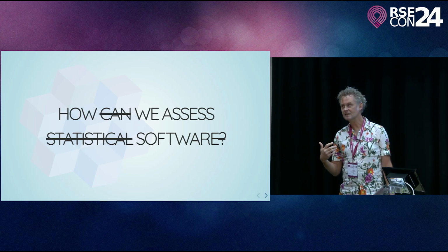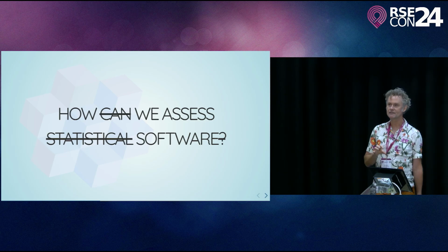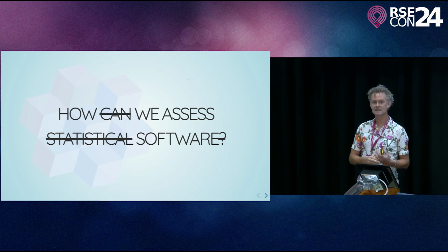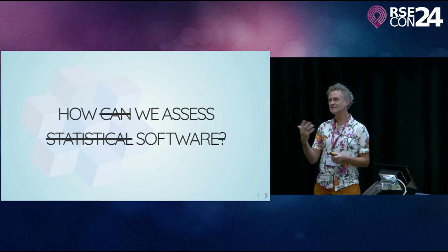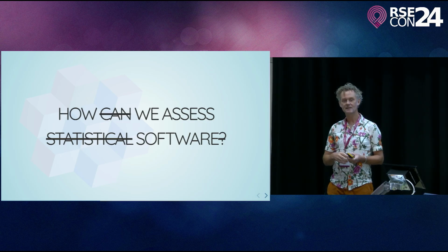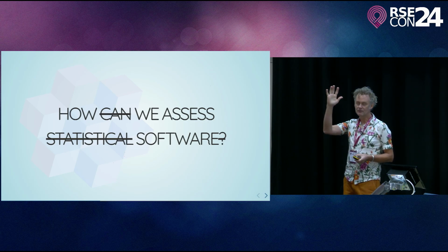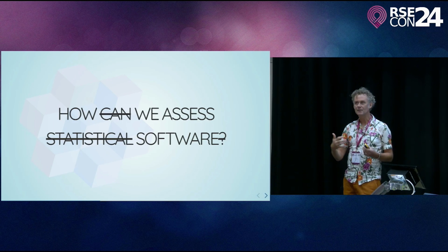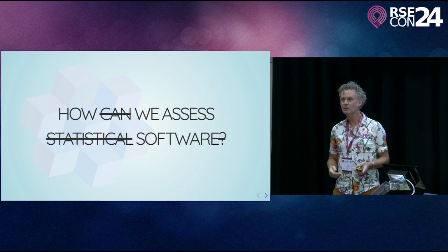So how we assess general software for peer review at the moment is effectively that we leave it to the reviewers. It's the onus of the reviewers to assess the software. We also have a checklist system, just like JOSS. Once again, the two systems are very similar in a lot of ways. Our checklist is different. There's a lot of aspects that are very specific to the R language and to the way that R software is packaged up. But the reviewers fill out a whole lot of checklist items, and then they get onto the qualitative content of the actual review. And that is the assessment of the software in the general review process.